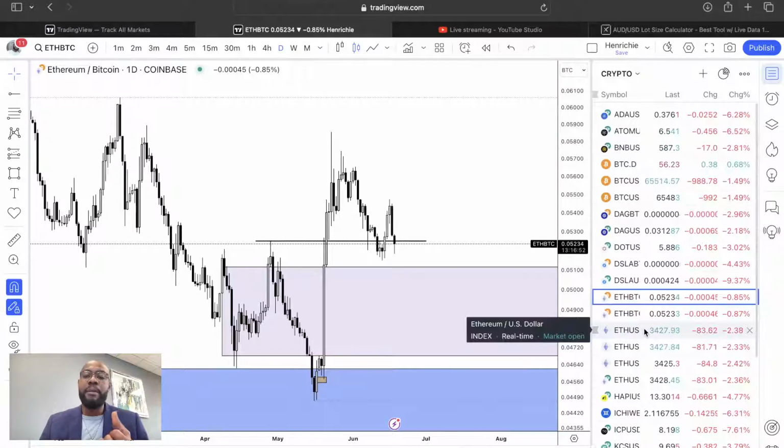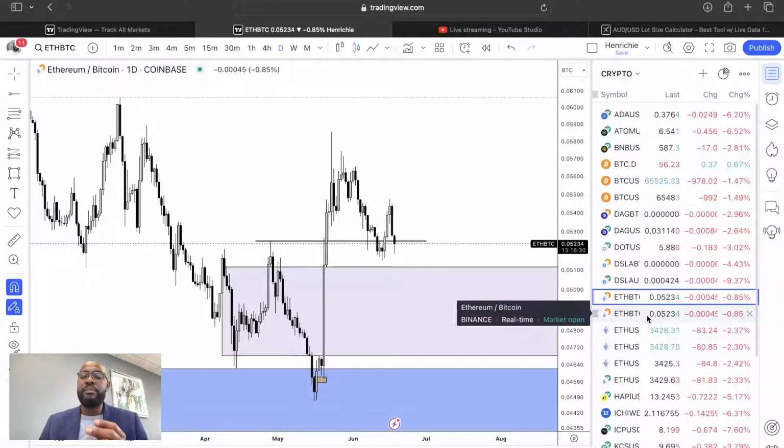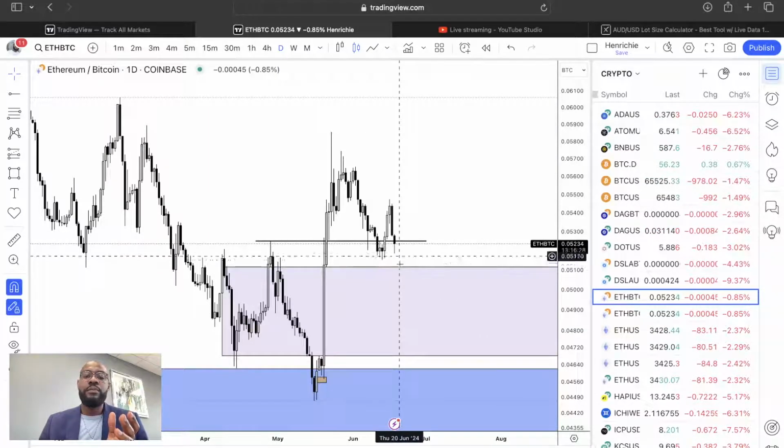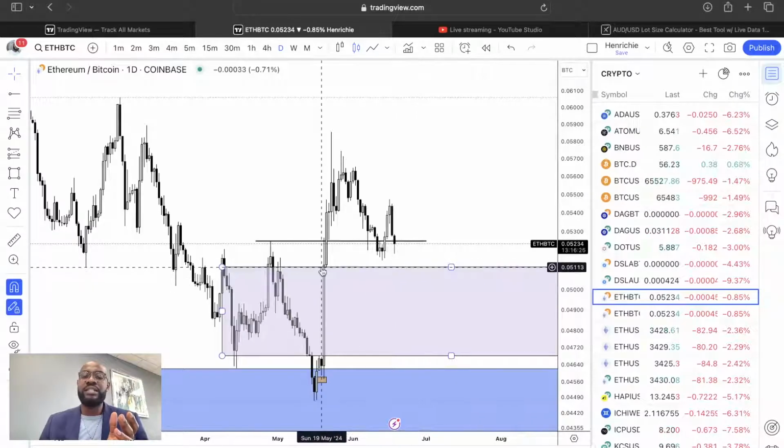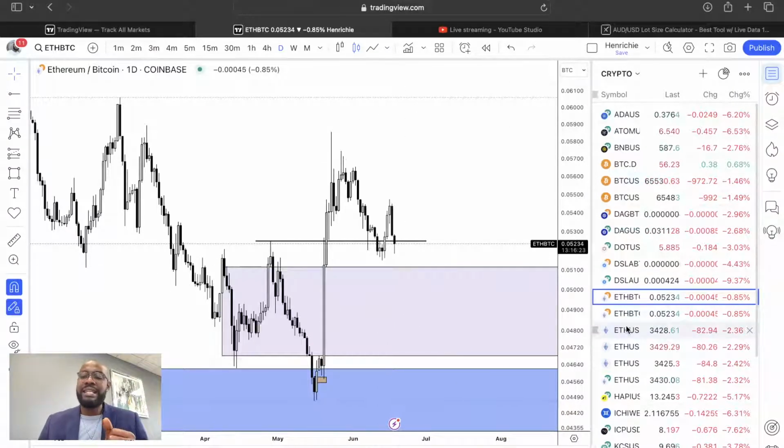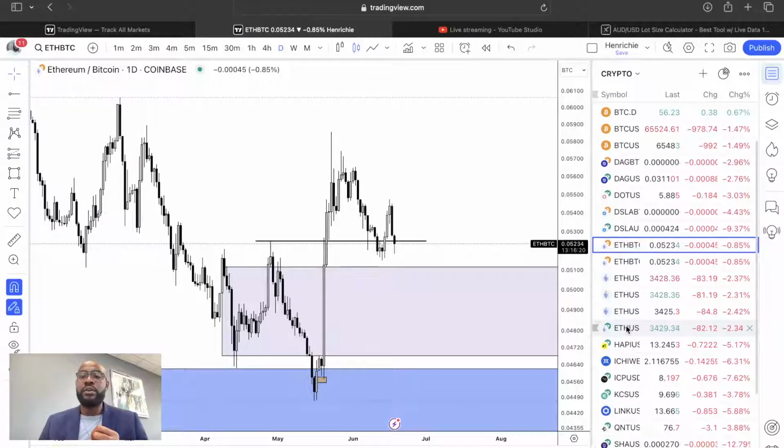Both Bitcoin dominance is aligning, heading towards the key level. I want to see a displacement to the downside and the reversal. And Bitcoin also aligning with coming into the point of interest. I want to see a rejection and potential continuation to the upside. Ethereum also aligning, mitigated the point of interest, so I'm waiting to see a potential reaction. And Ethereum against Bitcoin also very close to the point of interest, where I want to see a reversal, which is this close of the inefficiency. So that is my analysis on cryptocurrencies and also on the foreign exchange pairs.